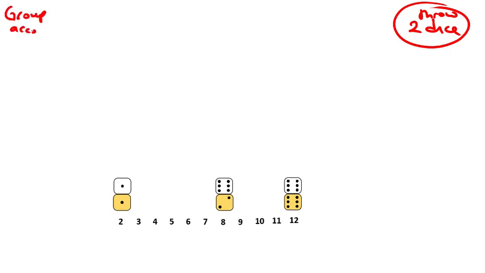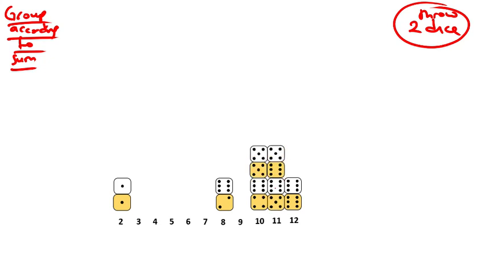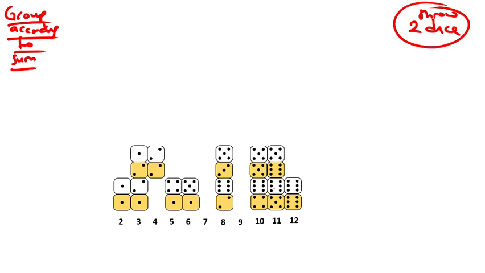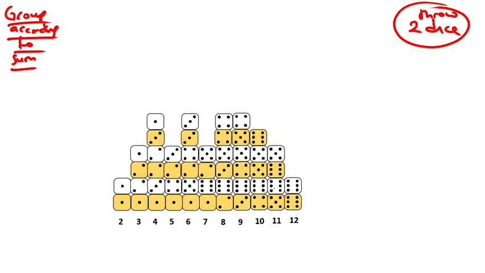Group according to sum. Okay, this is what I am doing. So one more 4, and then it makes 10, 11, one more 11, one more 10, one more 5, and then we have again 8, we have 3, we have 4, we have 3, we have 7, 6, we have 9. And this way I just throw the dice, and as you can see, if I go,